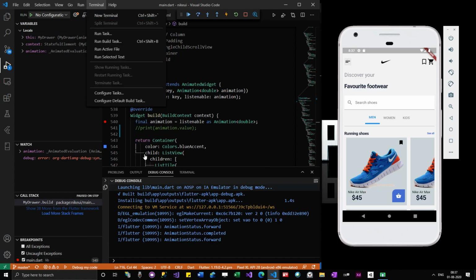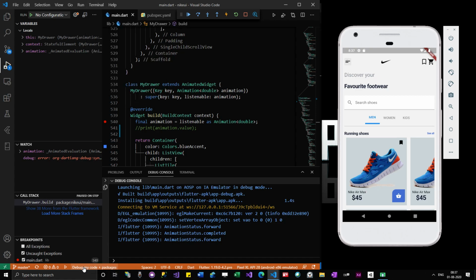And if you go below, there is an option, debug my code. I can actually change this to, when I click here, you can see that it is showing debug my code plus packages. Packages topic we are yet to discuss, but if you want to debug your code as well as packages, this is something you should try. If I click again, you can see that it shows debug my code, packages as well as SDK.